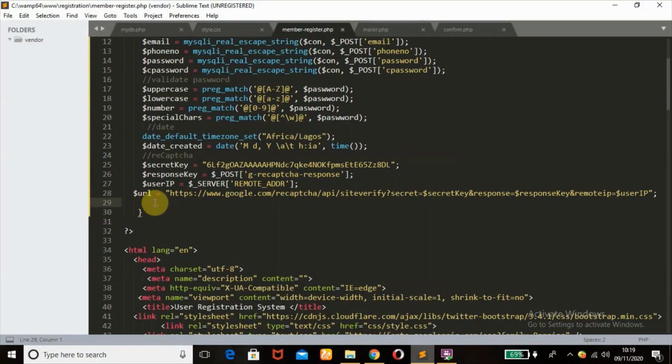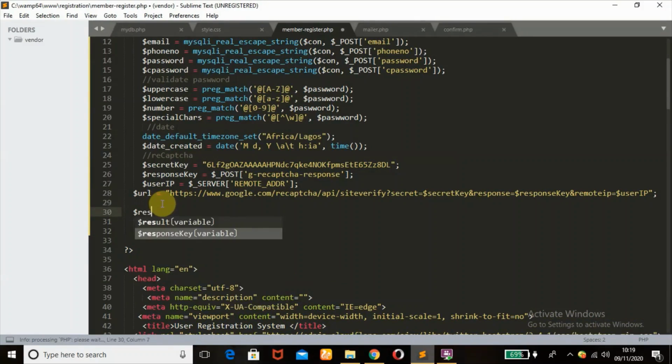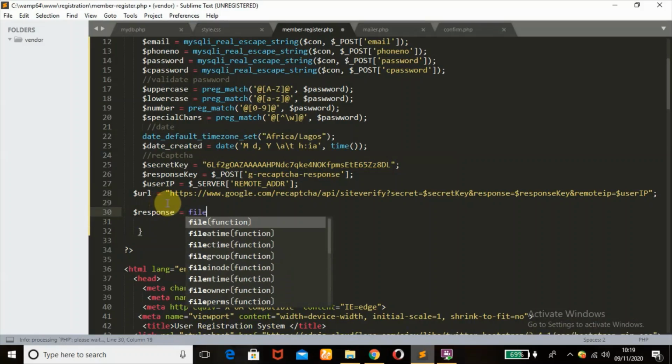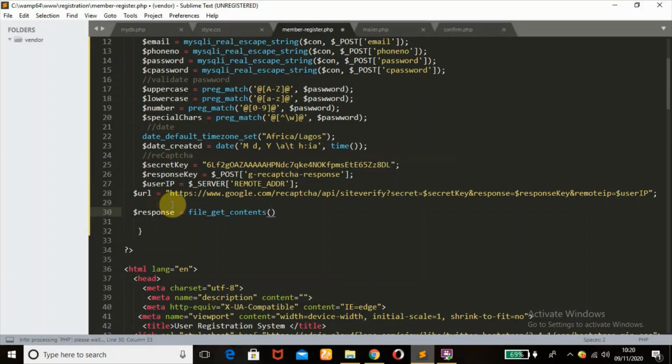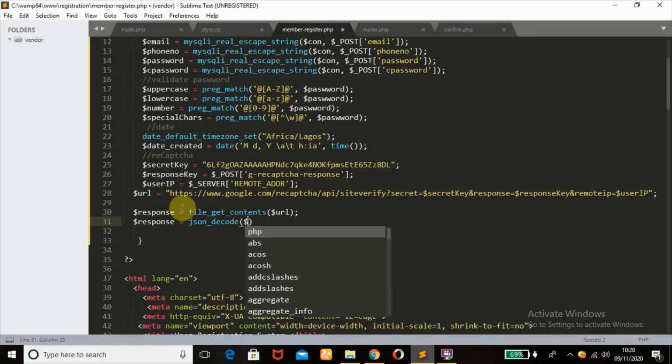So next thing I'm going to do here is to get the file content. So I'll define the variable name of what? Response. So it's file underscore content. So I'm going to pass the variable of URL. Okay, so I'm going to get the content from Google API, or reCAPTCHA API. Then same variable response, we're going to use JSON underscore decode in order to decode into an object property. Okay, and access the